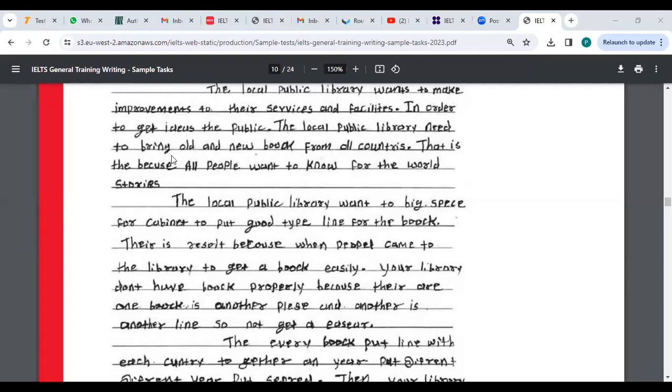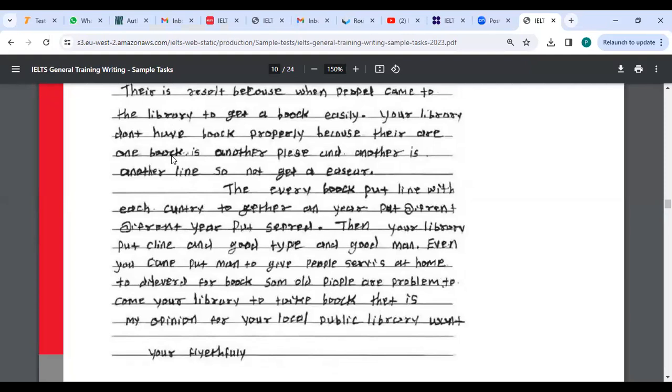The very book put line with each country together on your put